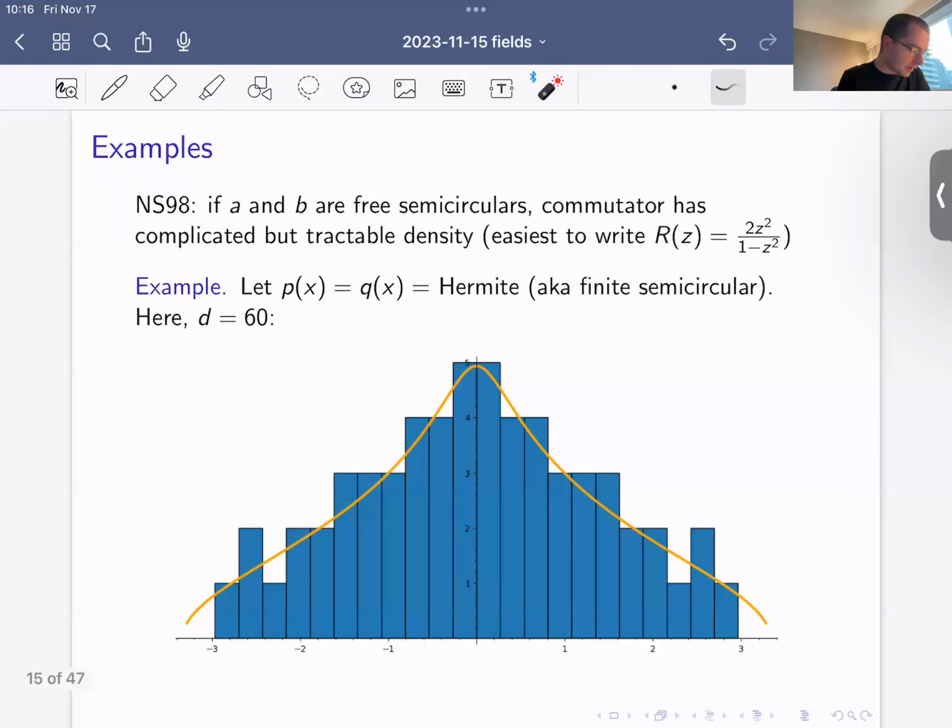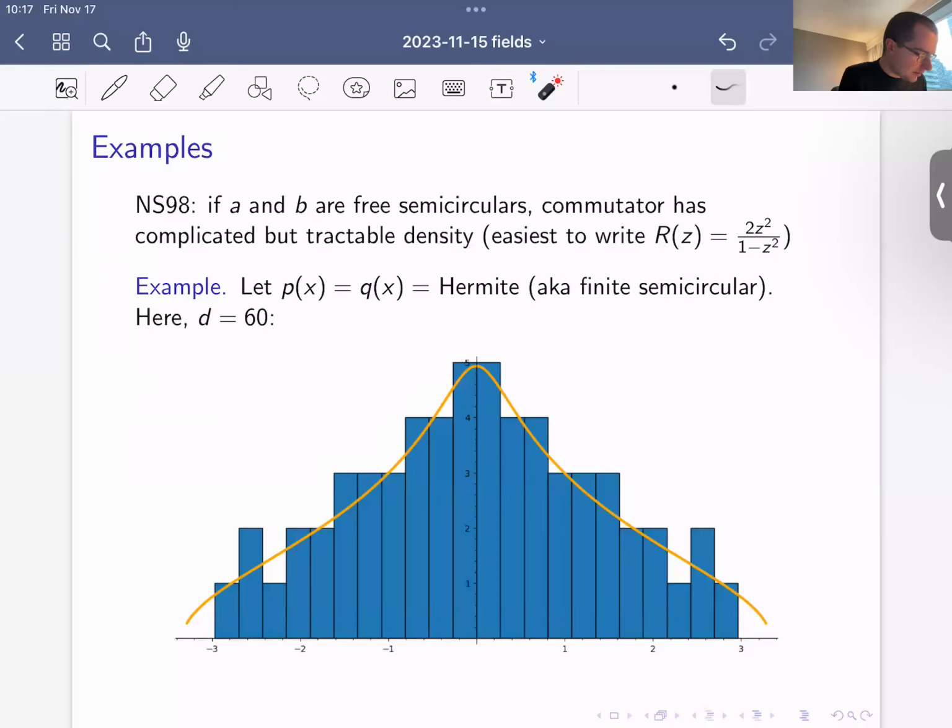And then another example from this paper by Nica and Speicher is if A and B are free semicircular elements, then they're able to compute the commutator. It's a very complicated density function, but I think the simplest formula that they managed to write down is this R transform. And then basically they use this R transform to solve for a much more complicated density function. And so that density function is in orange here. And then the histogram is